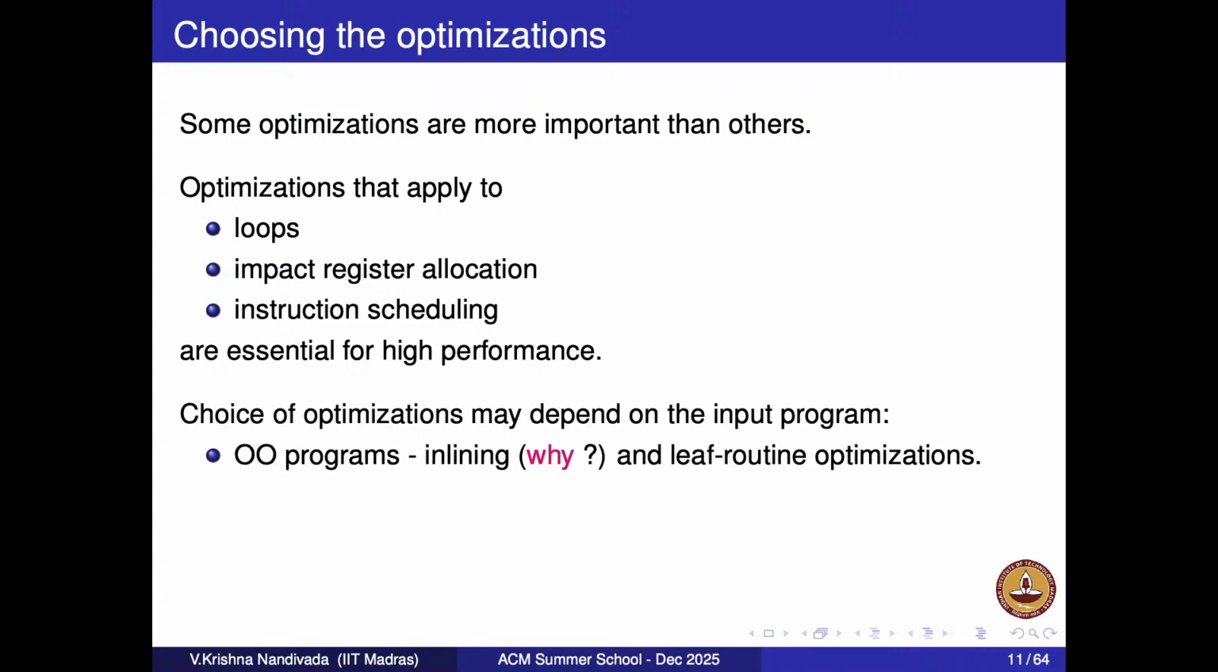Sorry? No. I can always write a program where something else is more important. By the choice of programs, the choice of optimization may also depend on the input program. For example, for object-oriented programs, function inlining is very important. What is function inlining? Does anyone know? Yeah. Excellent. When I have a function call,